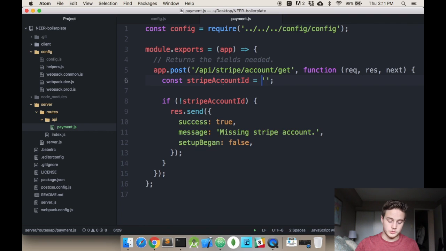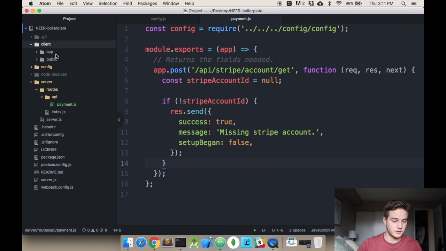This variable will have a Stripe account. If it doesn't, it's going to return setup began false. Otherwise, it's going to return true. In this case, I'm going to actually make this null. We know in this case it will return false because it's not set. We can see that. So we'll head over to our React side of things,